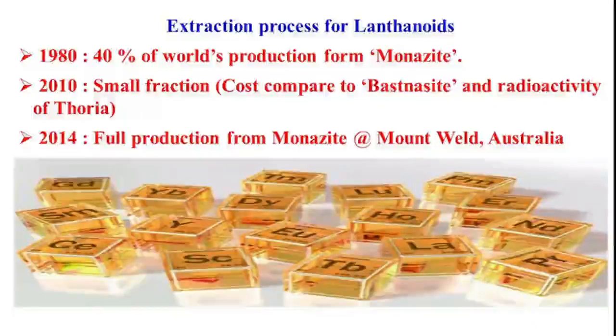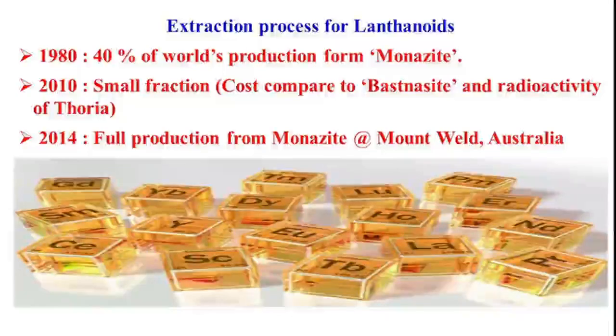That is because monazite ore contains thoria, that is nothing but thorium oxide, and thorium is a radioactive element, so its handling and storage is one of the major problems. The second one is economy, because the cost to separate the lanthanides from monazite is somewhat higher as compared to bastnasite. So after that, the lanthanides were separated from bastnasite ores, but in the next 2-3 years, that is in 2014, all these drawbacks, the handling as well as the storage of monazite ore concerning its radioactive elements as well as its economy,